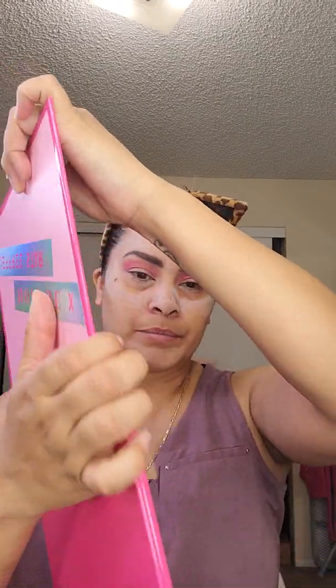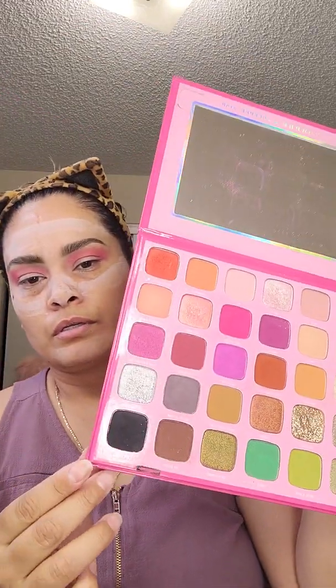I really like it. Now I'm gonna be using a palette from Morphe, which is from Jeffree Star. I really like this palette. It has all these types of colors, but because I'm gonna use the dark black, it's called Fast Lane. Very, very great. I really like it. And for that, I'm gonna use this brush, and the reason I'm using this brush is